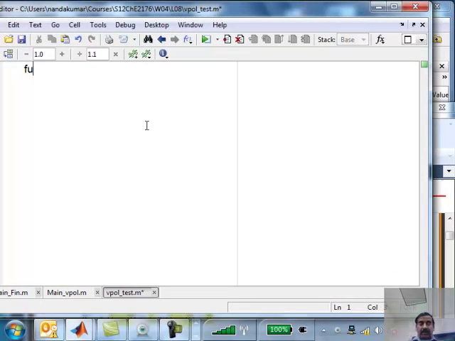I'm writing a function, so the first keyword is function, space. I want to give the function a name. Okay, that is the variable into which the function will be returned. So f equals vpol, and what should the next parameters be? These functions could be functions of time and functions of the unknowns y1 and y2. So for the ODE class of functions, the input argument is always t comma y.